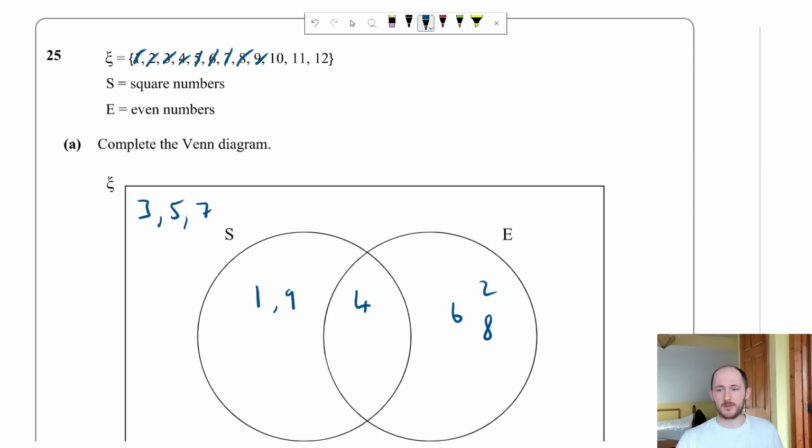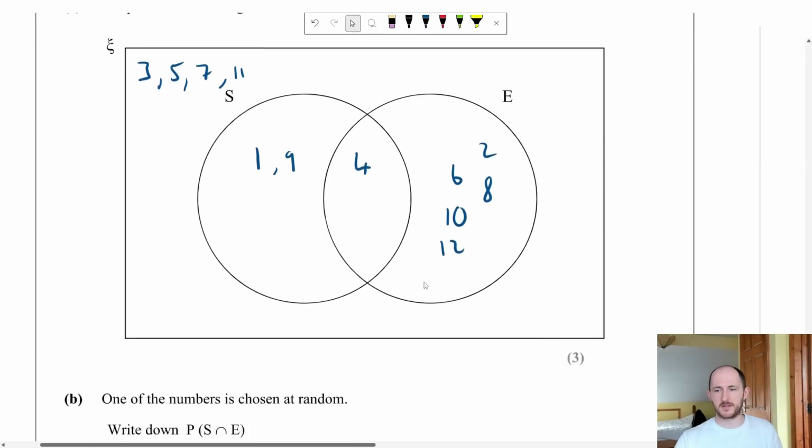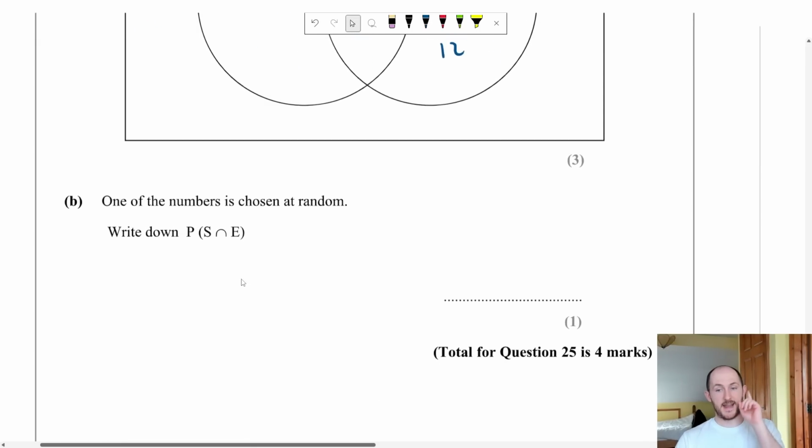10 is even, but it's not square. 11 is neither. 12 is even, but it's not square. There we go, 3 marks. Fantastic. Now this, set notation, it is in your spec, but again, not always shown, but this is the way